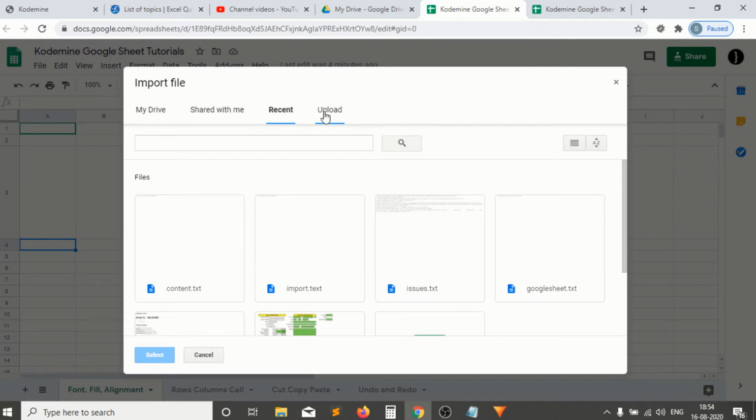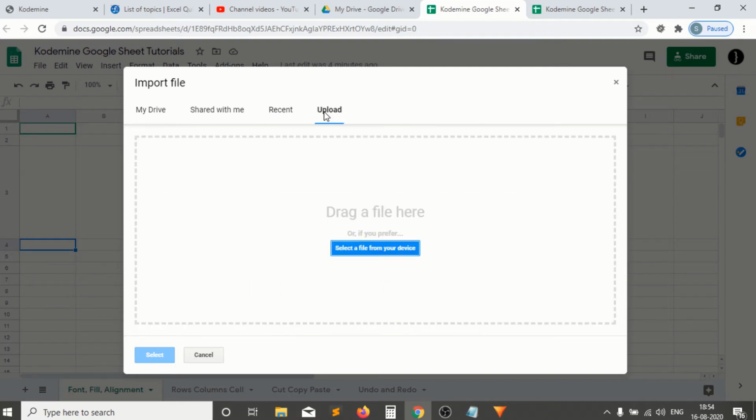Then another, the last but very important option, is if you want to upload something from your laptop or from your desktop, then you can select this option. You just need to click here, or you can drop a file here, and automatically that file will be uploaded to the Google Drive, and then you just need to click on the select button, and that file will be merged